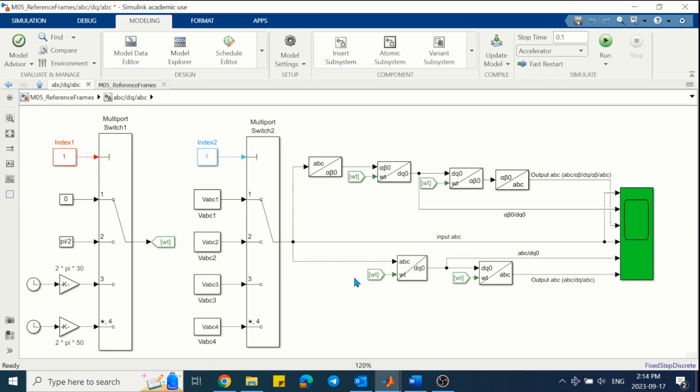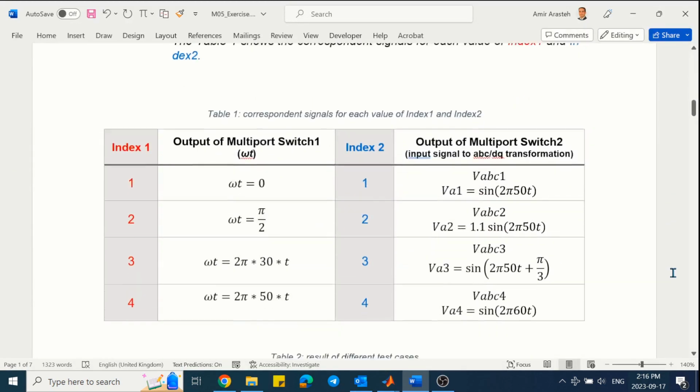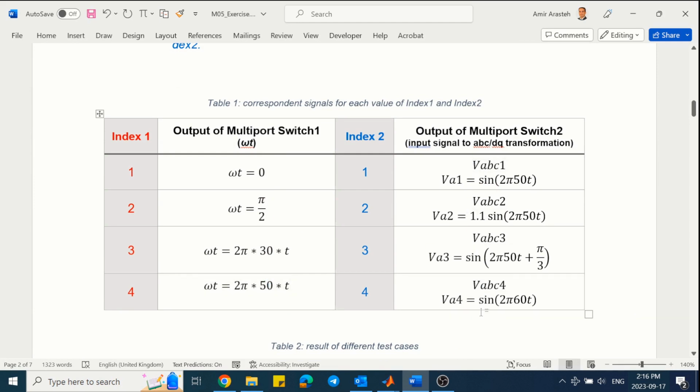There are two paths in this model. One is showing the ABC to alpha beta transformation, then alpha beta to DQ. But in the other path, we are using another MATLAB block, which is ABC to DQ directly. The aim of this part of the exercise is to show you that the ABC to DQ transformation is actually a combination of ABC to alpha beta and then alpha beta to DQ transformation. The resultant signals will be similar, as we will see in this exercise. The signals for index 1 and index 2 are summarized in table 1, so we can see which signals there are, and we can compare them with the